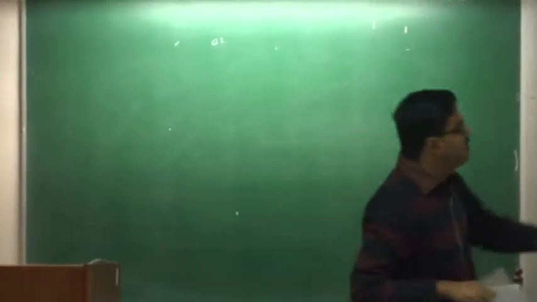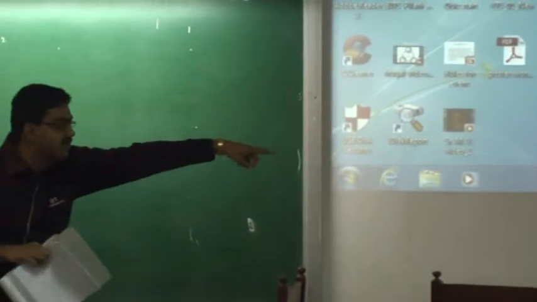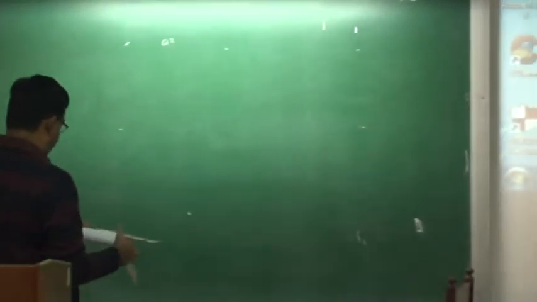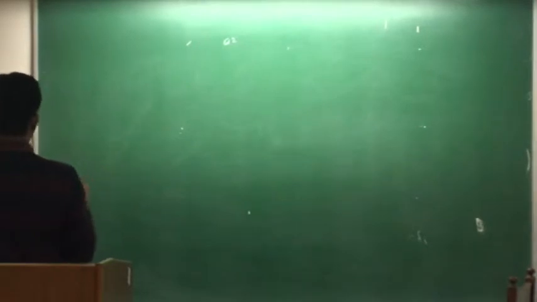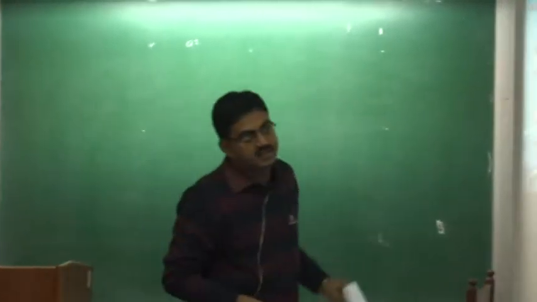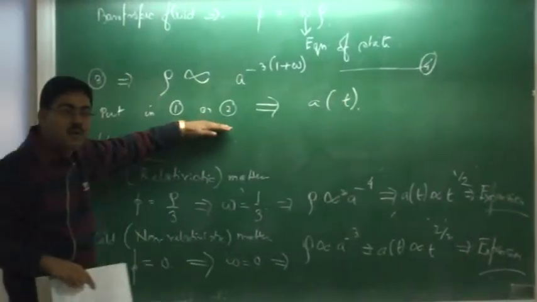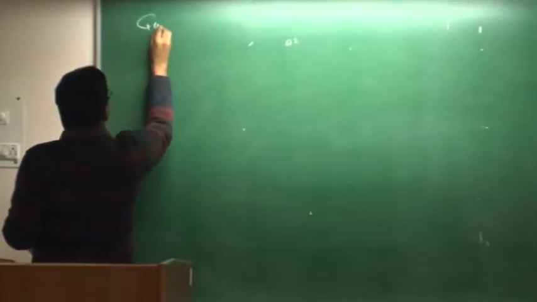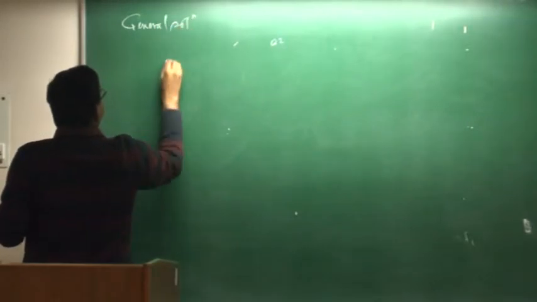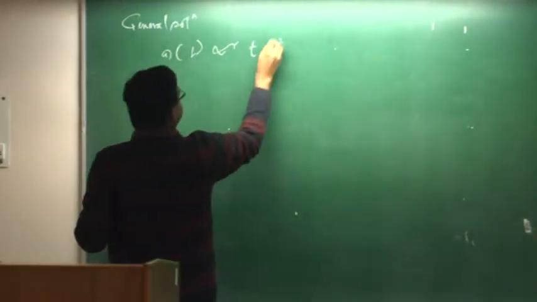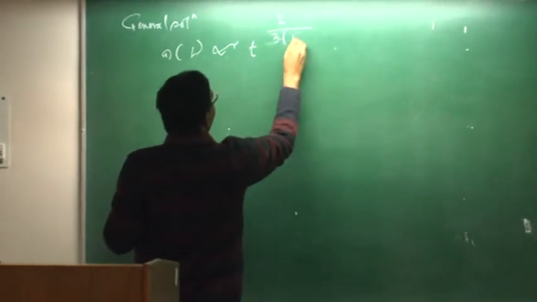Fine. So in general, you can just generalize these two solutions. Instead of doing all these things, if you directly put this value over here, and put this value into either equation number 1 and 2, you can see that the general solution is a(t) proportional to t to the power 1 plus